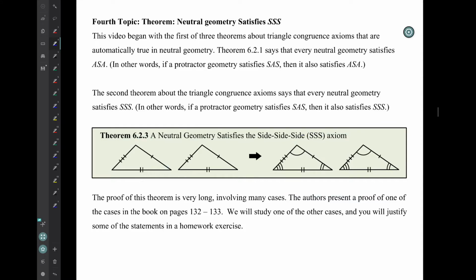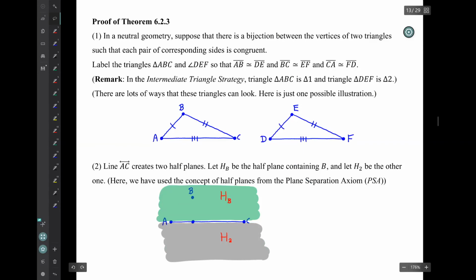The proof of this theorem is very long, involving many cases. The authors present a proof of one of the cases in the book on pages 132 and 133. We'll study one of the other cases, and you'll justify some of the statements in a homework exercise. Here's the proof. Statement 1 says, in a neutral geometry, suppose there's a bijection between the vertices of two triangles